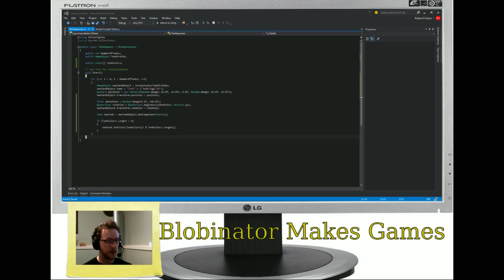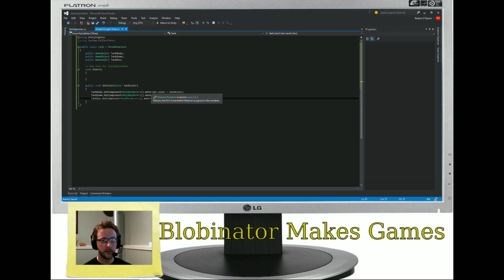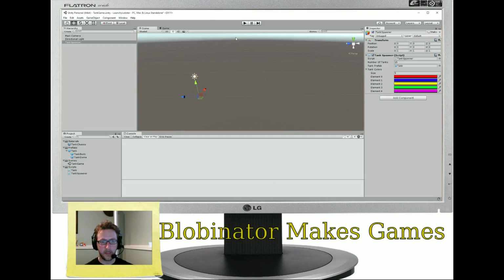One of the things that I wanted to talk about was the difference between material and shared material. Now it might seem obvious from the name, but I've seen this trip people up before. So if instead of setting the material on those tanks, I set the shared material on the tanks, then what you will see happen when we come back over here to Unity